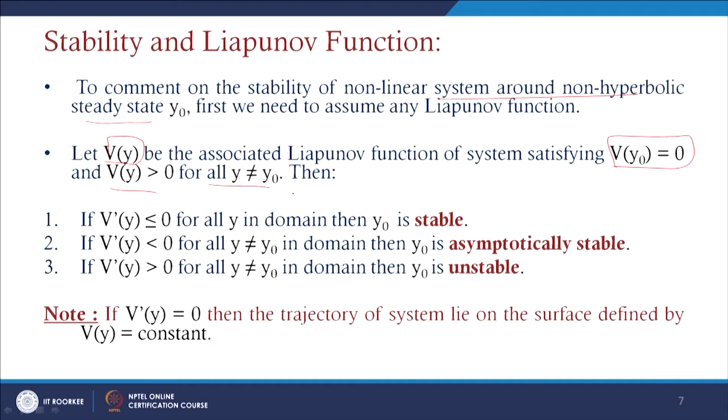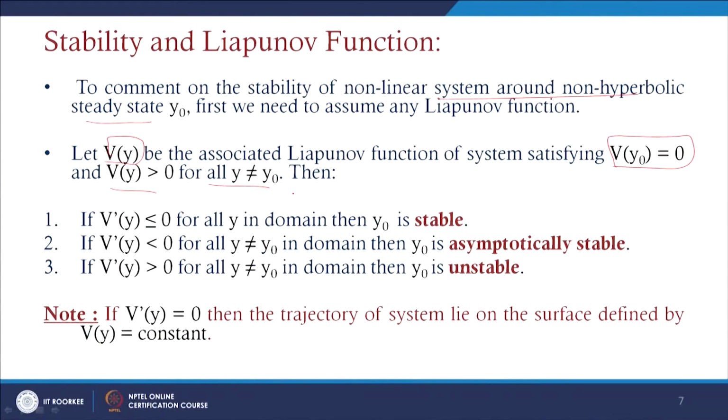Then if we are just assuming these conditions, based on this differentiation we can assume whether the system is stable, unstable, or asymptotically stable. So, if we assume this function v of y as the Lyapunov function, the first condition is v of y0 equals 0, and v of y greater than 0 for all y not equal to y0. Then if v dash y is less than or equal to 0, conditionally we are assuming both v dash y equals 0 and less than 0 for all y in the domain,